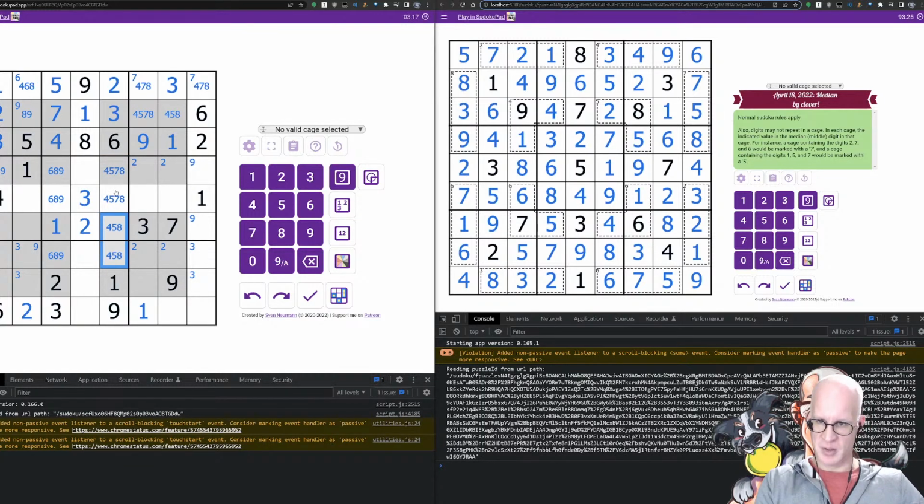I need to come up with better puzzles, because these are fun. They're like a decent level of difficulty. They're not too easy, not too difficult, but they're not really interesting because they're so plain, especially for testing. 4, 6, 4. All right. 2, 3, 4, 5, 7, 8, 9. 7.